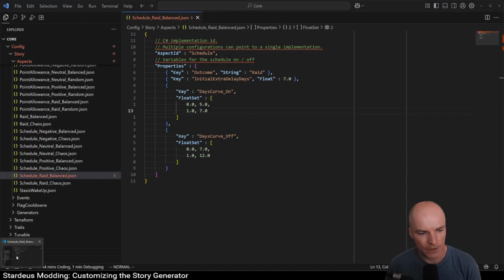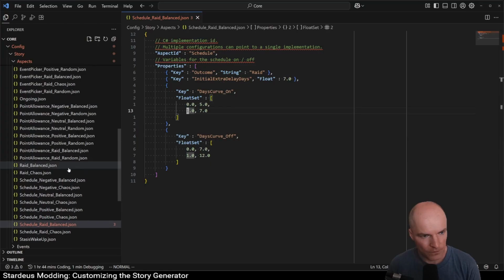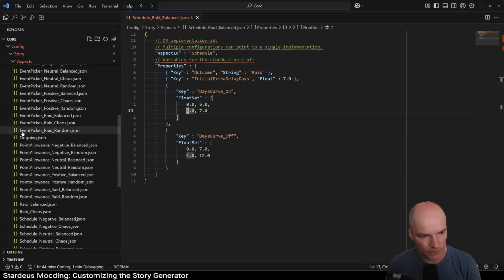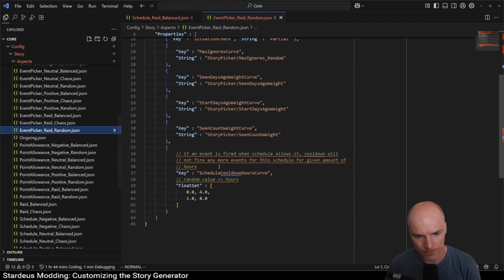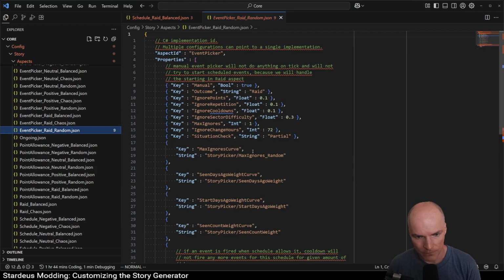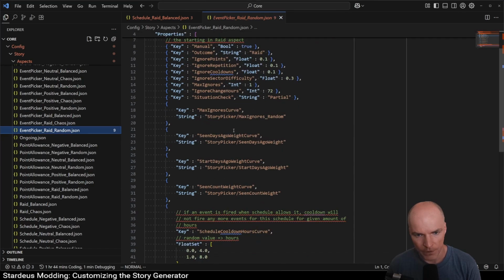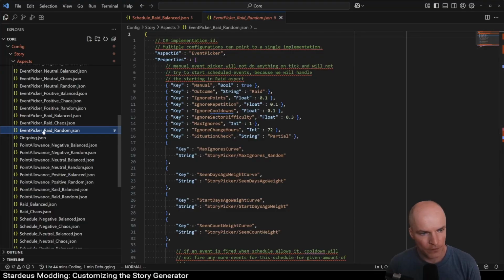But is that really it? Let's take a look at the core mods. Other raid stuff. There's this event picker raid. What does that have? Yeah, so we'll probably want to change that as well. So the event picker, if we go back to